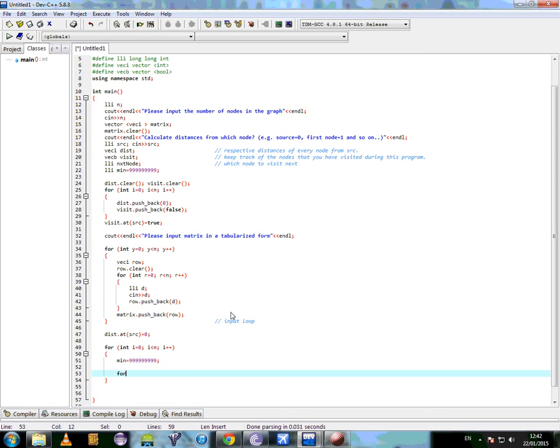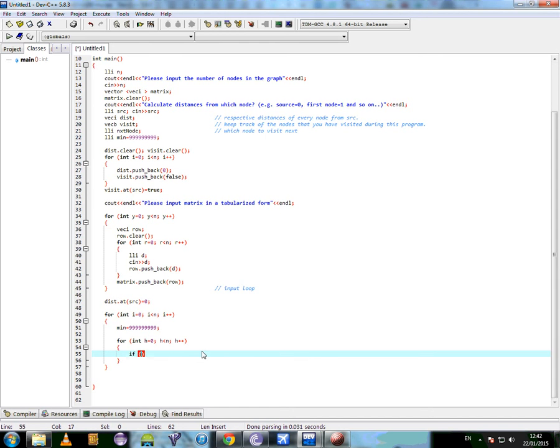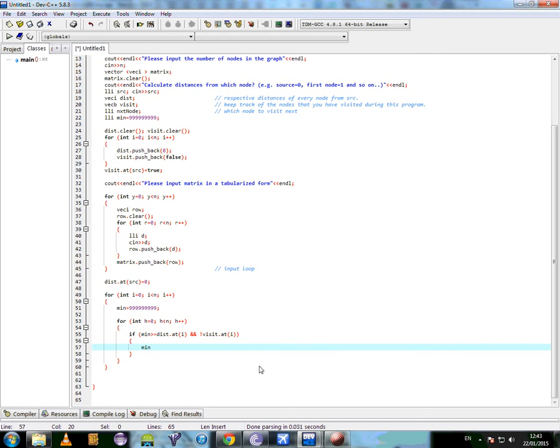Okay, so I'll need another loop here for int, say, h is equal to 0, h is less than n, h increment, and now if the minimum value is greater than or equal to distance dot at I, and visited, the ith node has not been previously visited, visited at I is false, so it's a boolean vector, so I can just add an exclamation mark over here. If this, then I want minimum to be set to distance dot at I,